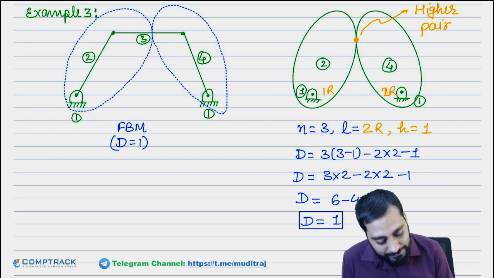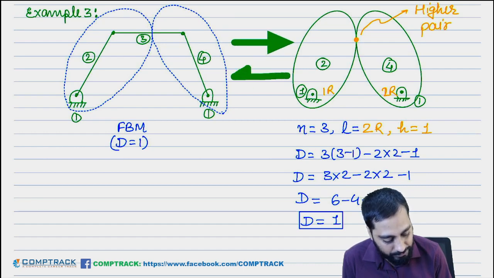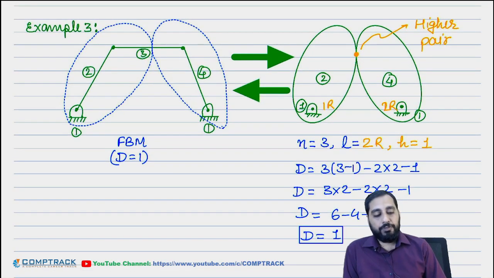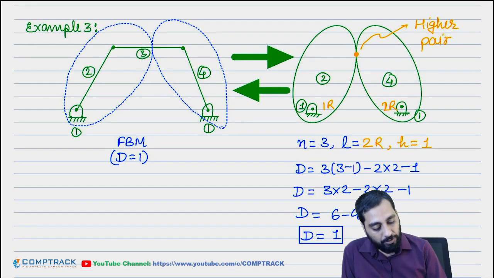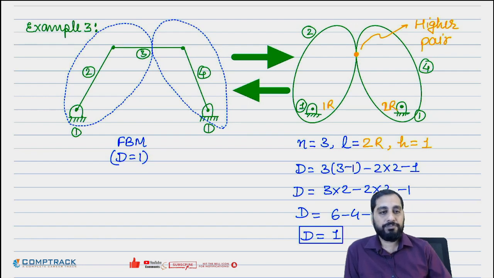So actually this is an equivalent mechanism now. So you can convert this into this, or you can convert this into this if given in the exam. Any way you can solve. You can solve it either by this or by that method. Yes or no? Either by this or that method. Yes or no? Everyone clear?